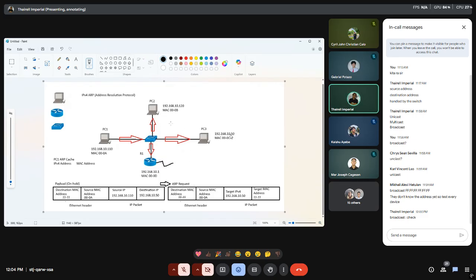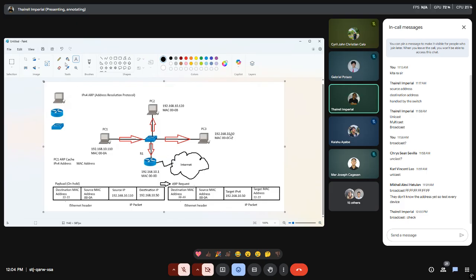We'll have here, I think it should be drawn as a cloud. Sorry for the drawing, because I'm only using a mouse. And that here is the internet. Okay. Yep. That over there is the one.